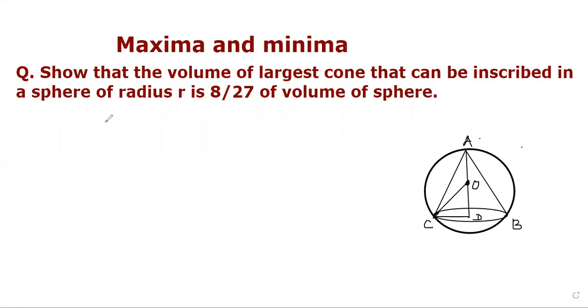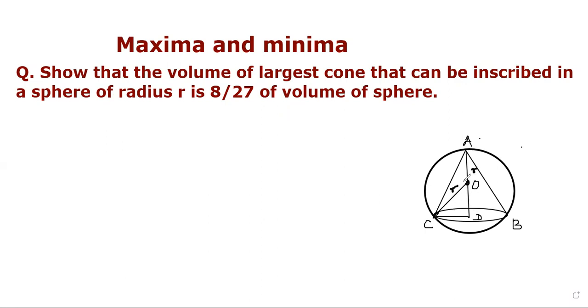Maxima and minima. Question: Show that the volume of the largest cone that can be inscribed in a sphere of radius r is 8 by 27 of the volume of the sphere. So here a sphere is given whose radius is small r,